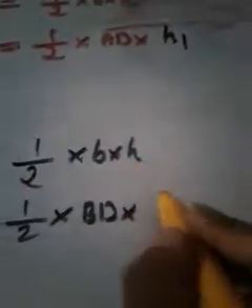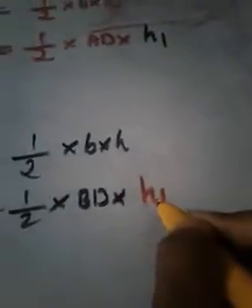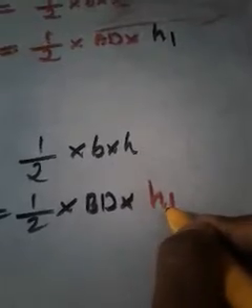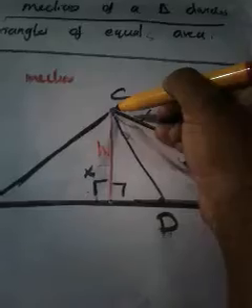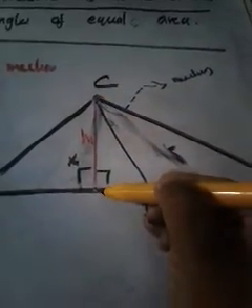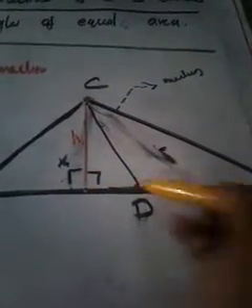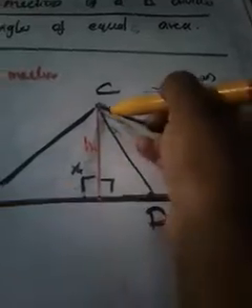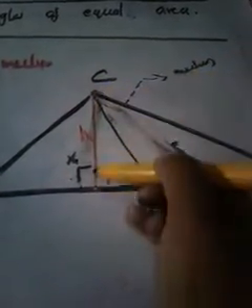That means, instead of this h, can I write h1 again? Yes, because h1 is the height of that triangle also. Because we know how to draw a height in a triangle. If we fail to draw a height inside the triangle, then what is the method we have used? We have to produce the base towards this direction. Then we have to draw a height towards that produced base. Then a height is already mentioned there.